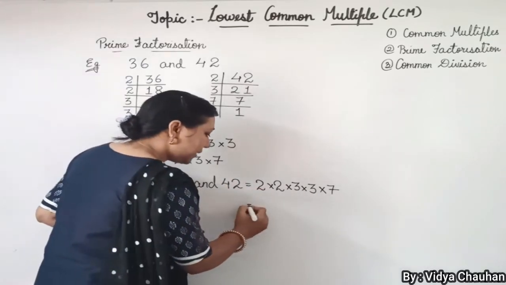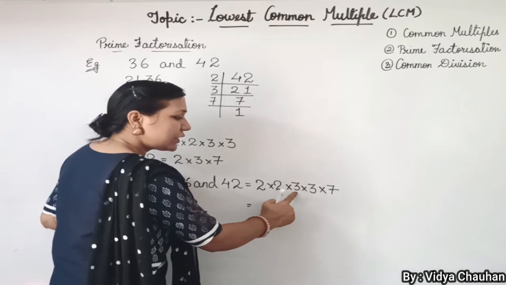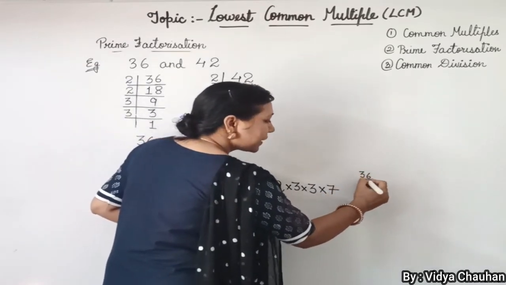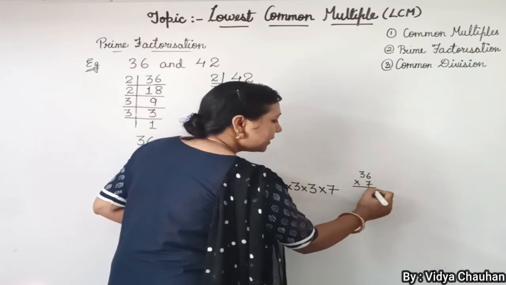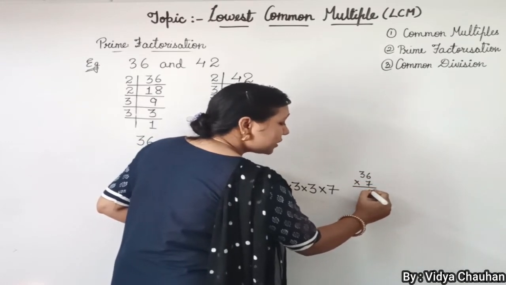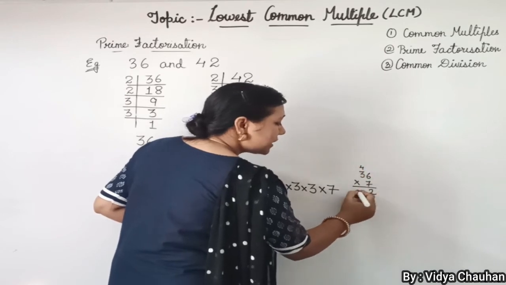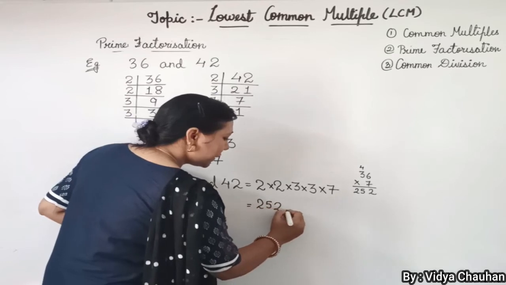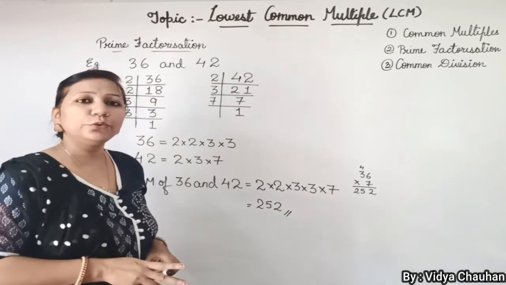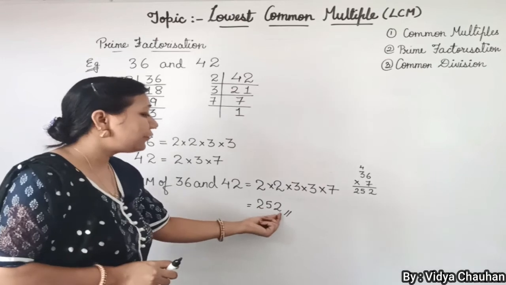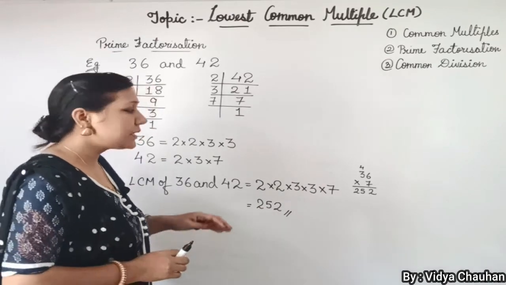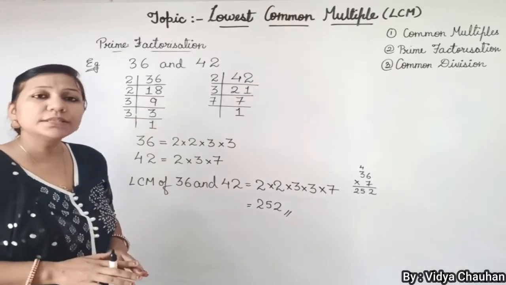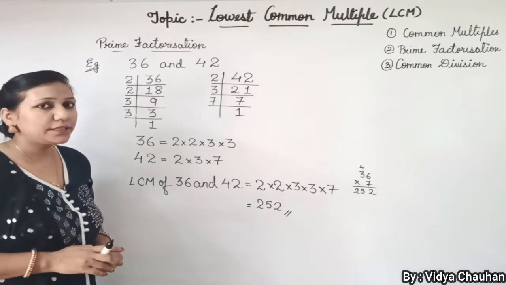So let us multiply the numbers. 2 2s are 4, 4 3s are 12, 12 3s are 36, 36 into 7. So let us multiply 36 by 7. 7 6s are 42, 4 carry, 21, 252. So the LCM of 36 and 42 is 252. So this is how you can find the LCM of any set of numbers by using the prime factorization